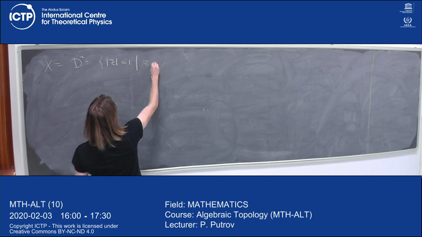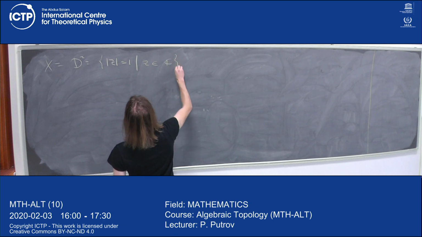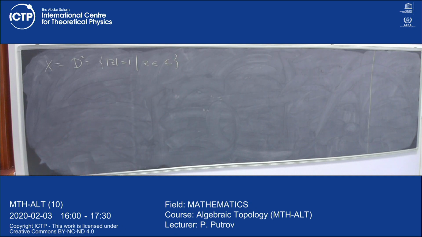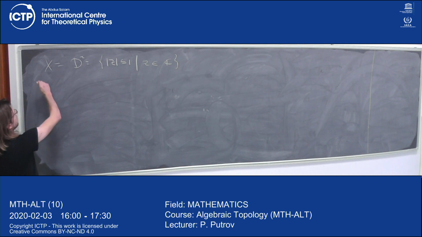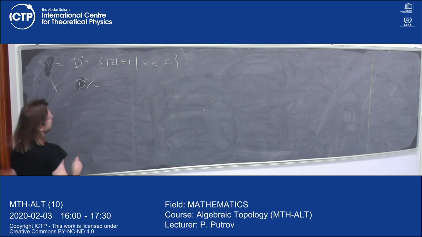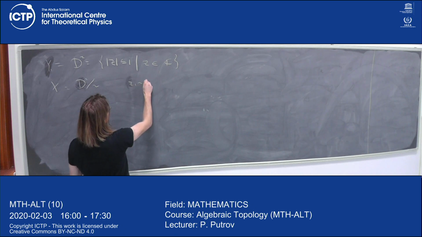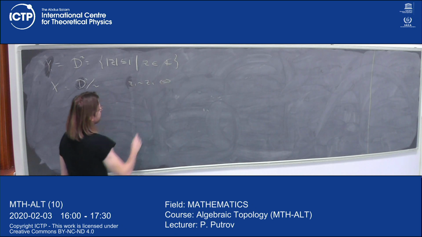It would be, but it's a bit bad in a sense. Let's see. If I take X to be a disk, just the unit disk, and let me call this Y. X will be a quotient of this disk by an equivalence relation, where two points are equivalent if and only if